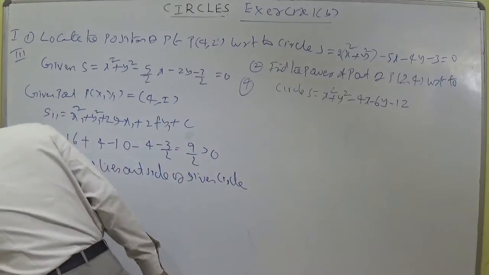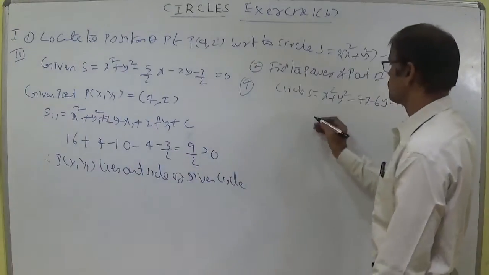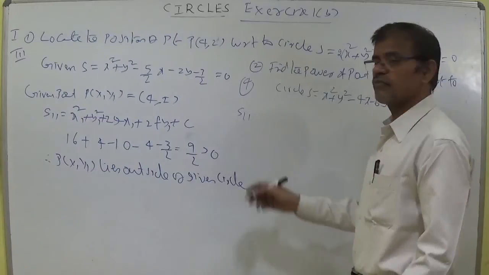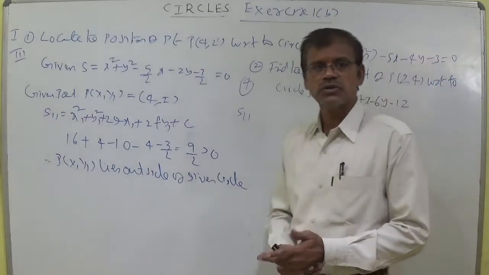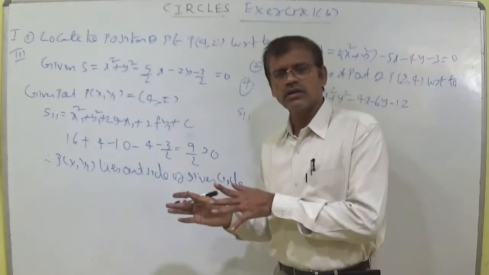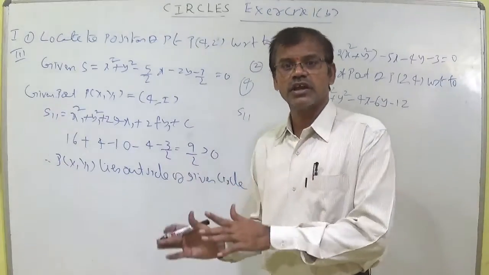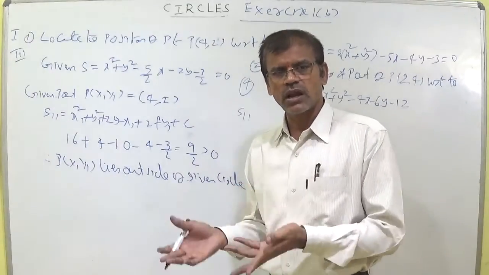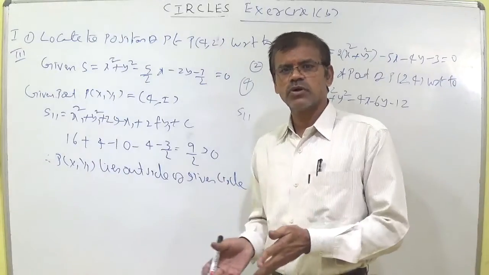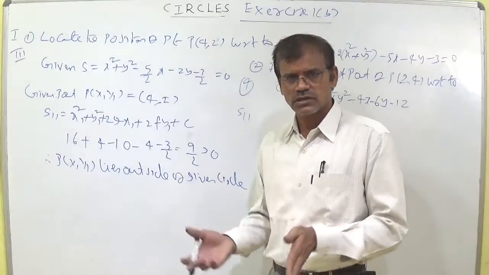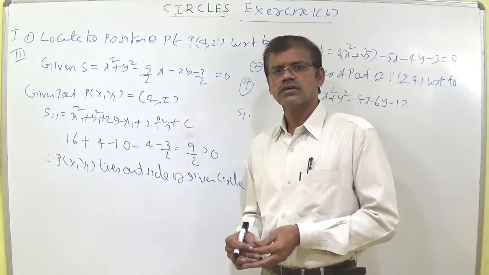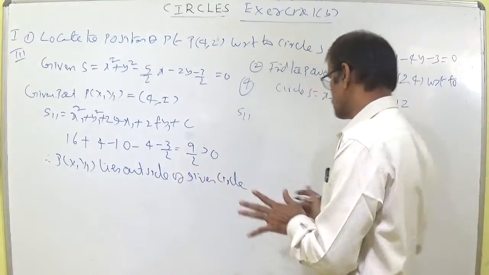So substitute the point, simply S11. There is no question of representing greater than or less than here. Simply write whatever value you are getting. If you get minus 3, simply write negative. If you get 0, you write null or 0. If you get positive 5 or 6, it is positive. Power is positive, negative or 0 (null). You write the value, that's all.